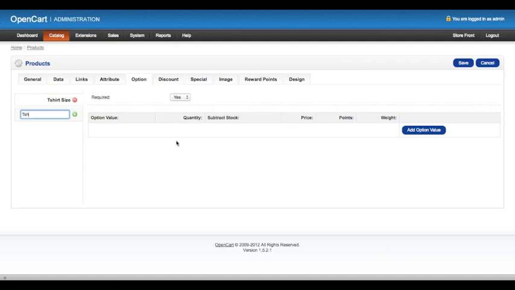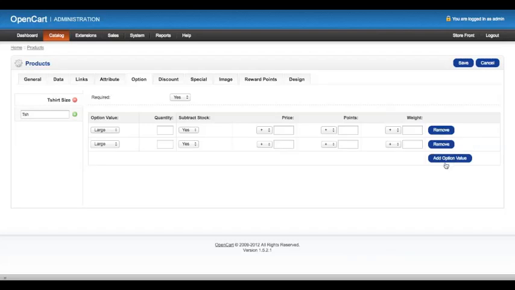Next, we will want to add only the option values that apply to this product. I will go ahead and add all 3 for an example. Keep in mind, I do not have to add every option value, just the ones that apply.